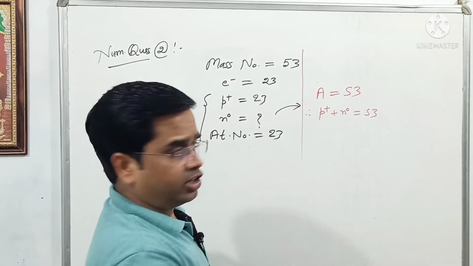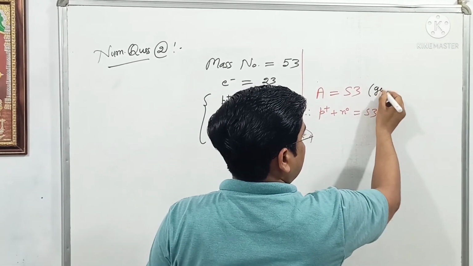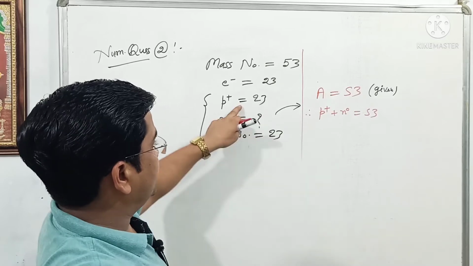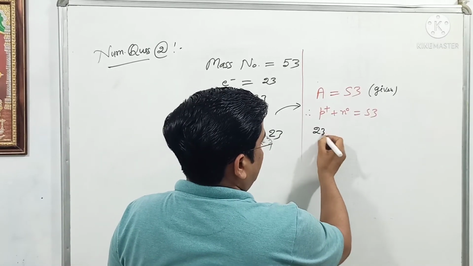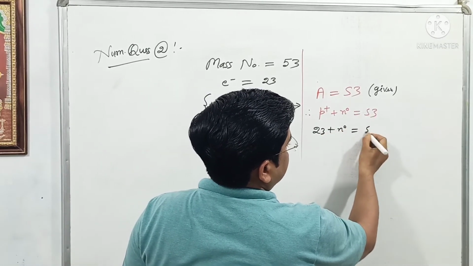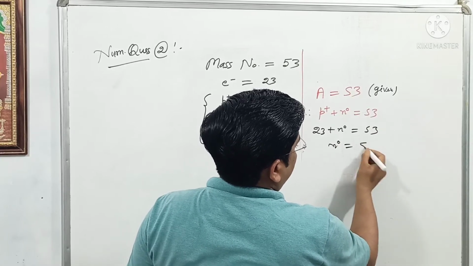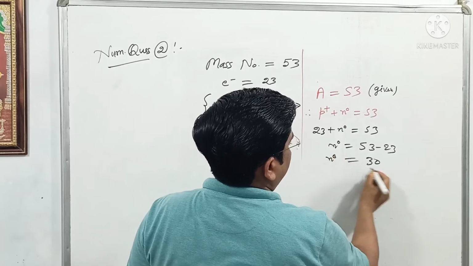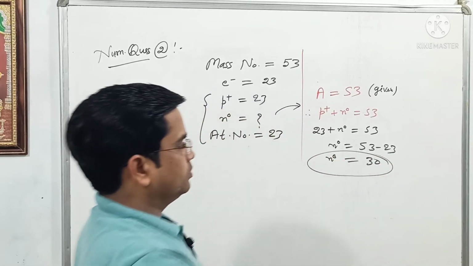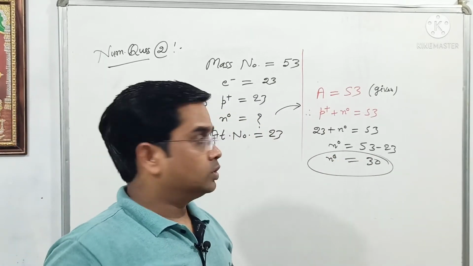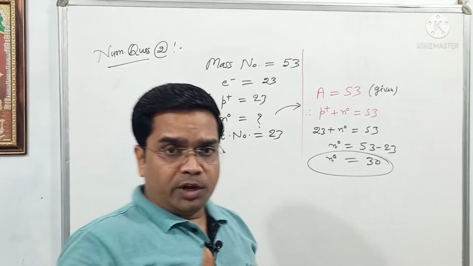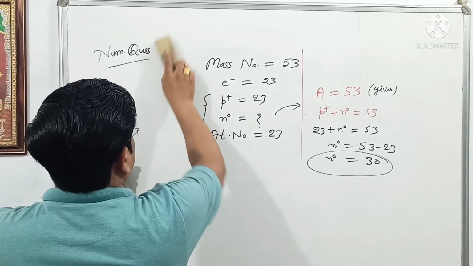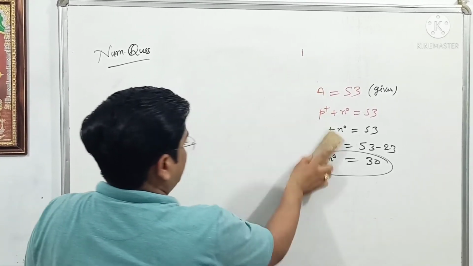Mass number given 53. Then friends, this is the formula, and number of protons is known, 23, and neutrons number will be easily found out. Neutrons number will be 53 minus 23. In this way, 30. Okay friends, this is the answer. Okay friends, suppose for a moment I am going to attempt third example, numerical question 3. If I attempt third example, then what will it be?